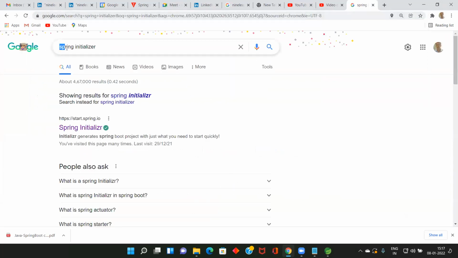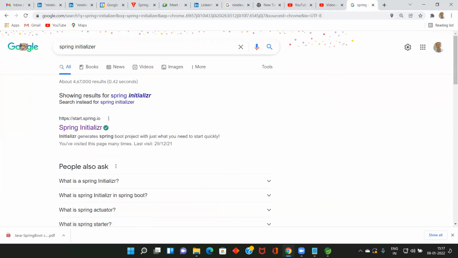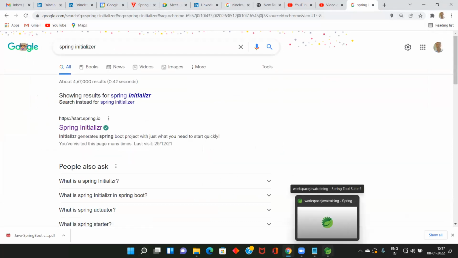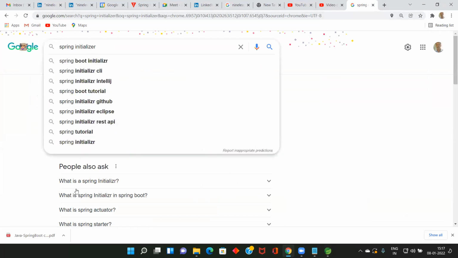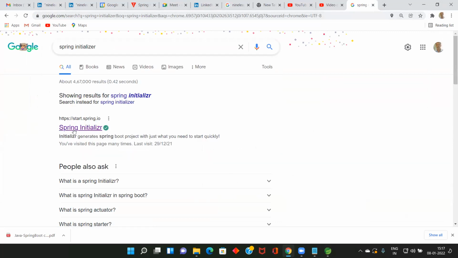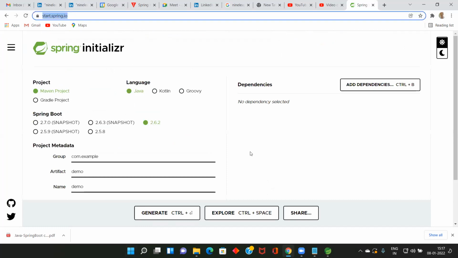I type Spring Initializer. If you have all typed Spring Initializer, you will get this website. Can you all click this one? Come here, all come to here.